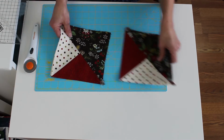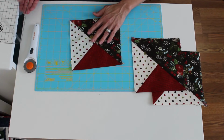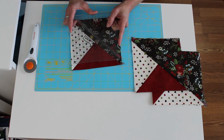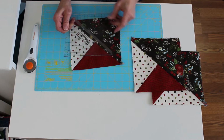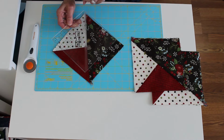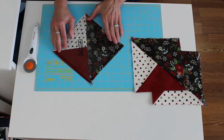So first of all, we got to get started on trimming these up. And for this, I'm going to use my 6.5 inch block lock. You can also use the bigger one that I had out before. I just feel like the smaller one's a little easier to work with, and since I have it, I'm going to go ahead and use it. There's something I need to point out to you on here. Actually, a couple things. Again, make sure that your block lock words are going toward where we press the seam,